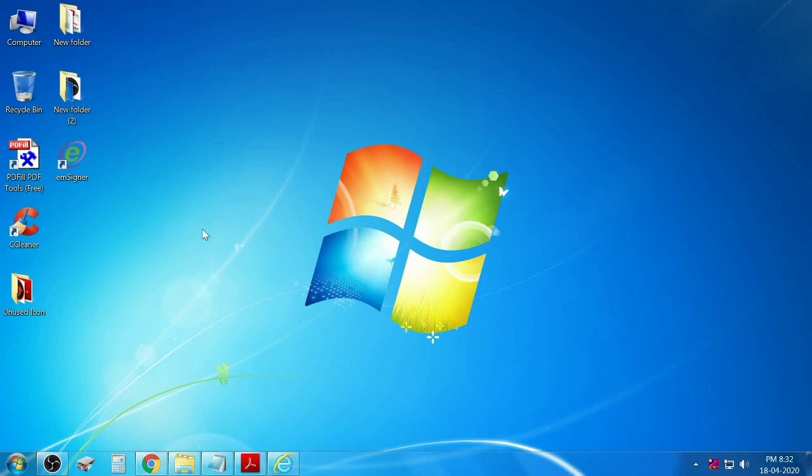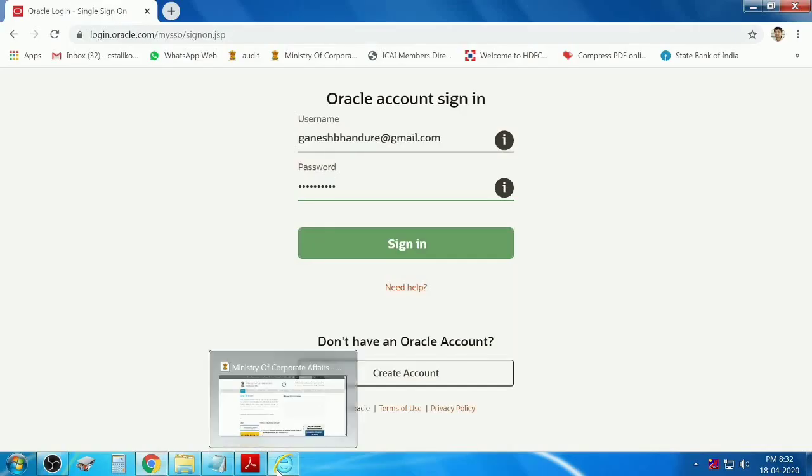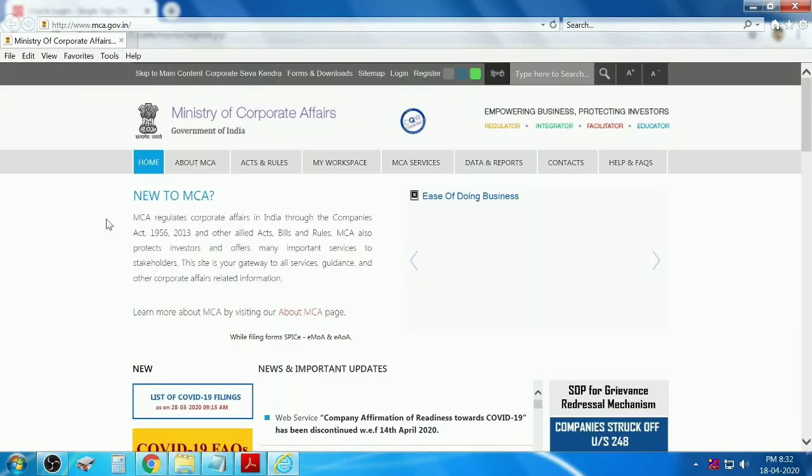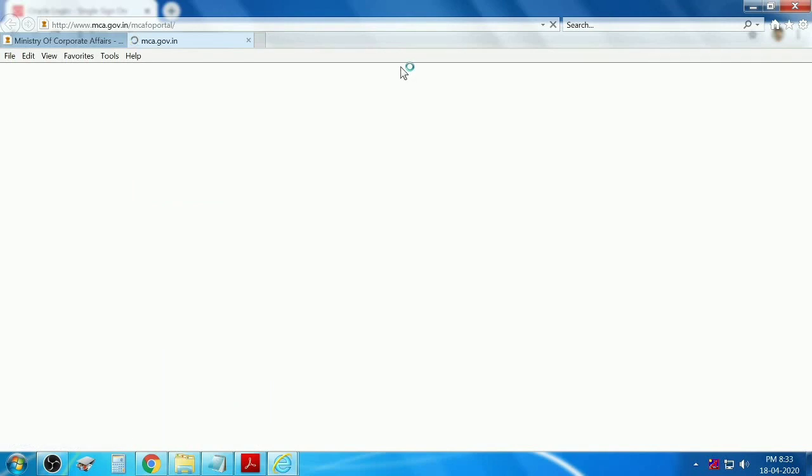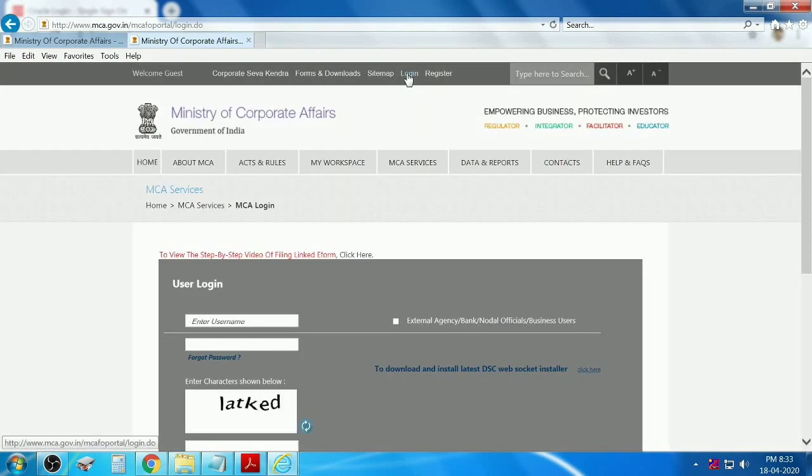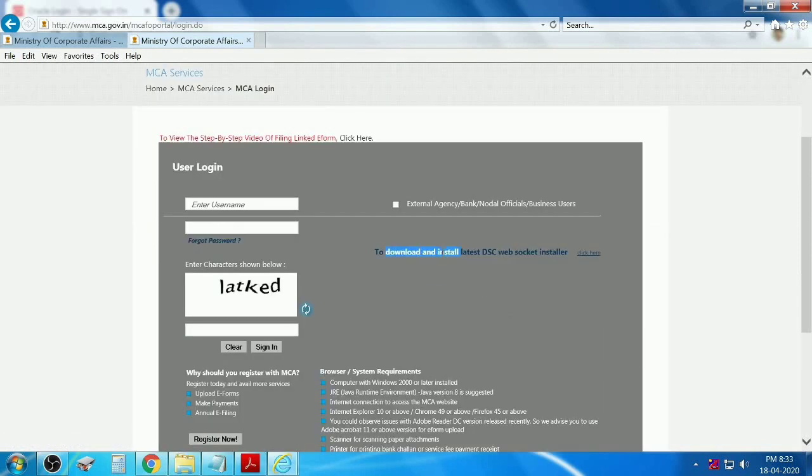Now we have to install EMSigner from the MCA website. For this, go to the MCA website, click on login. Here is the link given to download and install the latest DSC WebSocket installer.